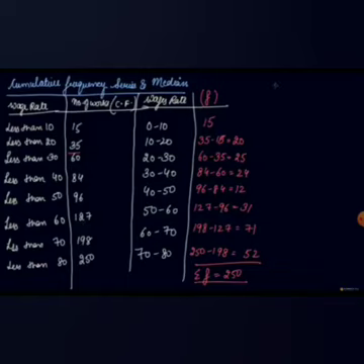So the same formula you will put. We have arranged it in ascending order. We have found out the cumulative frequency, which was given to us, and we will find out the frequency. Now the n by 2 th item is equal to 250 divided by 2, which is equal to 125th item. So in which series do we have to see it?